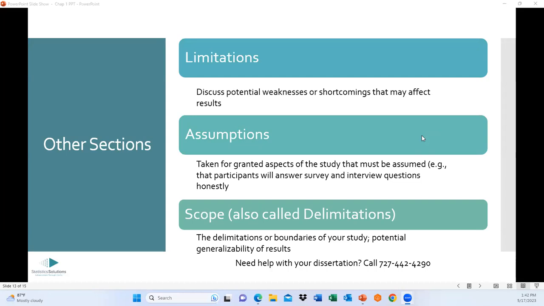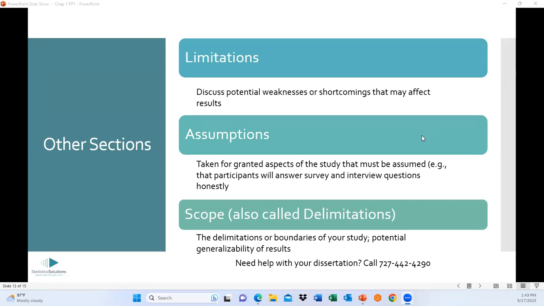Scope, sometimes called delimitations. This is really just the boundaries of your study. It's going to sound a lot like the purpose. These are limitations or delimitations that you're going to put on your study, right? If you look through a scope or binoculars, you have the part that's the vision, things you can see, and then around it is the black, like a frame. It's like framing your study. Here's everything my study is going to include. And again, it sounds kind of like your purpose. You're going to restate your participants, your setting.